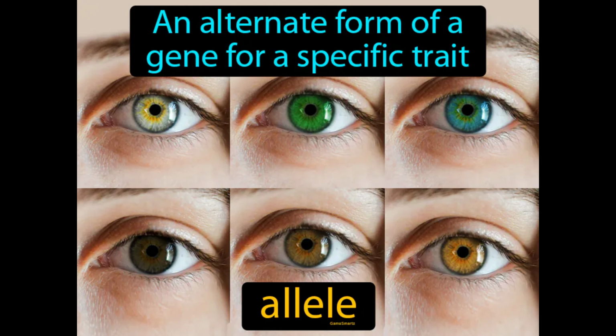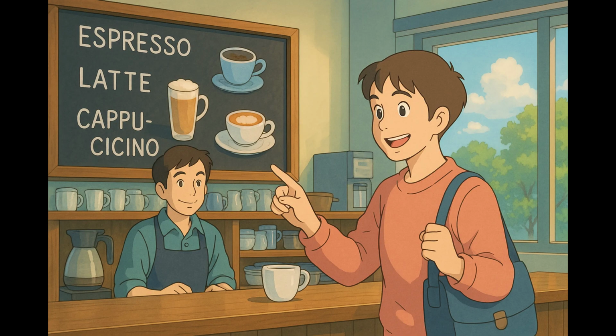An alternate form of a gene for a specific trait is called an allele. An allele is like a version of a gene that can determine different traits, such as eye color. Imagine you're choosing a type of coffee to order at your favorite cafe, and you're faced with various options like espresso, latte, or cappuccino. Just like these coffee choices are different variations to satisfy your caffeine craving, alleles are different